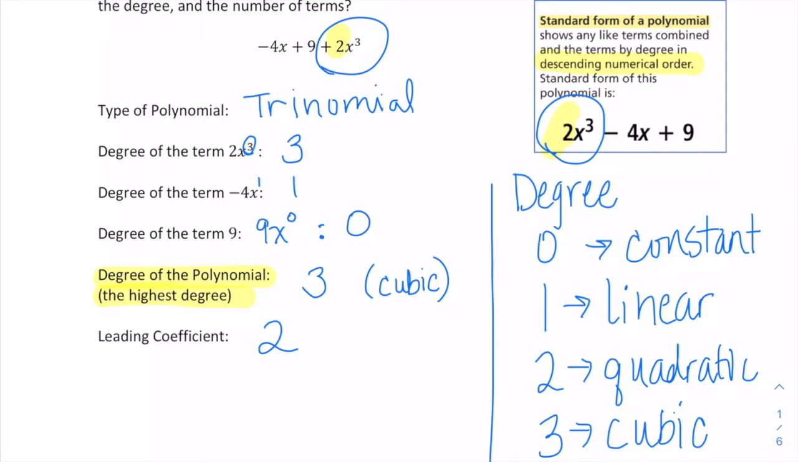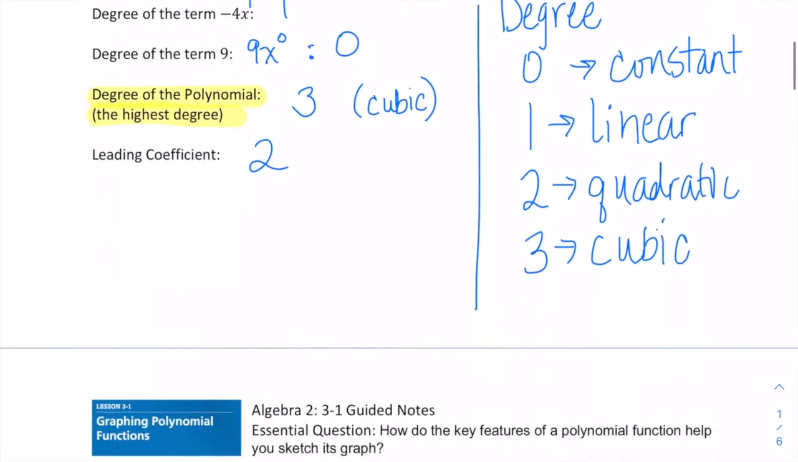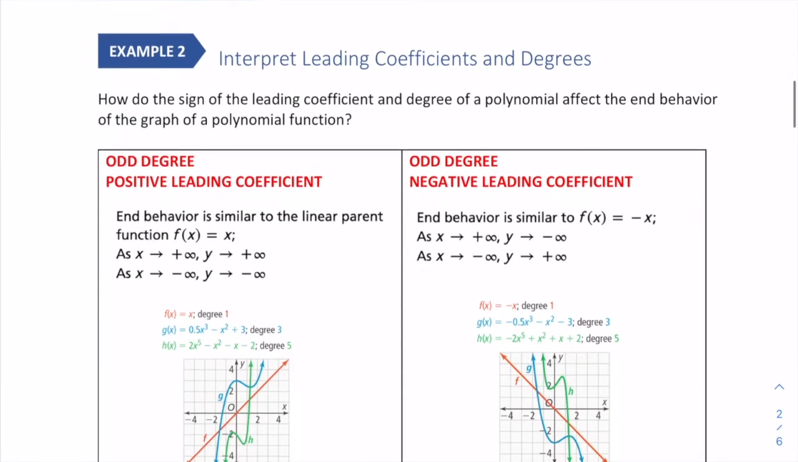And we want to make sure we know that. That's going to be positive 2. And this trinomial has a degree of 3. Okay, now when we consider